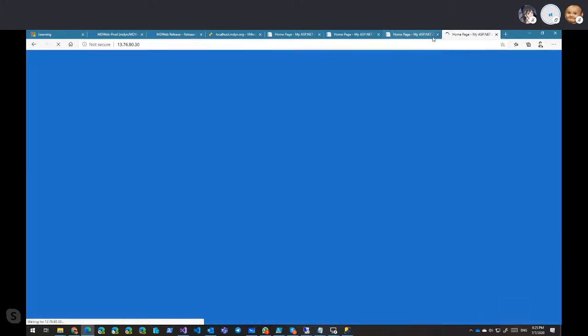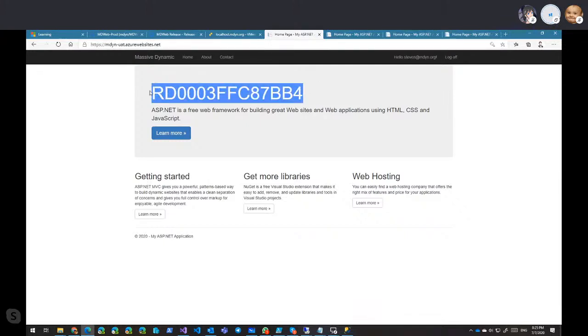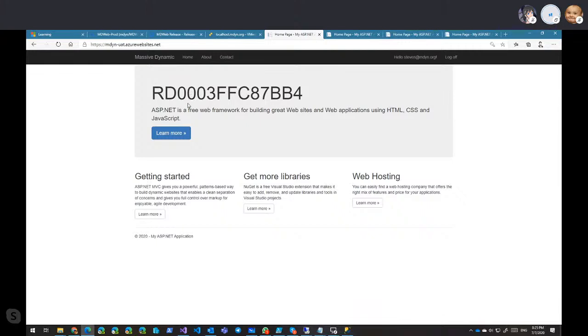Okay, can you see? So the VM is still taking some time, but from a web app that has been deployed, you can see that this and this have the same host name. Why? Because like I was telling you, if you have 2 web apps sharing the same app service plan, they are really on the same physical host, because they are like 2 different websites handled by the same IaaS server. But the difference is, in this case, if I try to log into that account, I will not